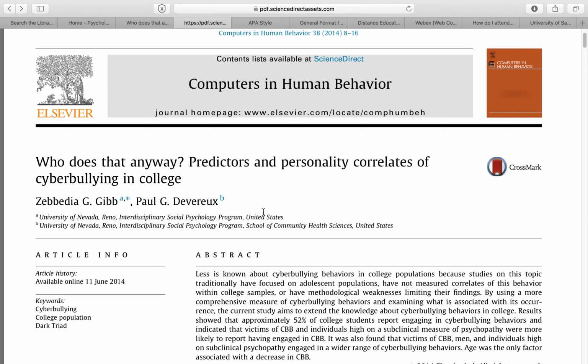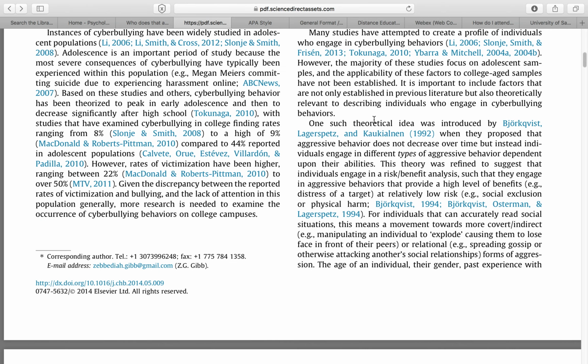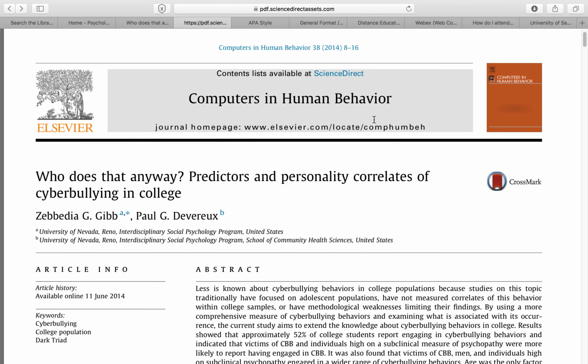Then we would put the journal name. In this case, Computers in Human Behavior. Now this would all be in italics. We'd put a comma, and then we would put the volume number. So where do you find the volume number? Well, there are a couple places. In some articles, you'll find it at the bottom. In this particular article, we can find it right here at the top. It's volume number 38. So you'd put Computers in Human Behavior, comma, 38, which is also in italics, comma,